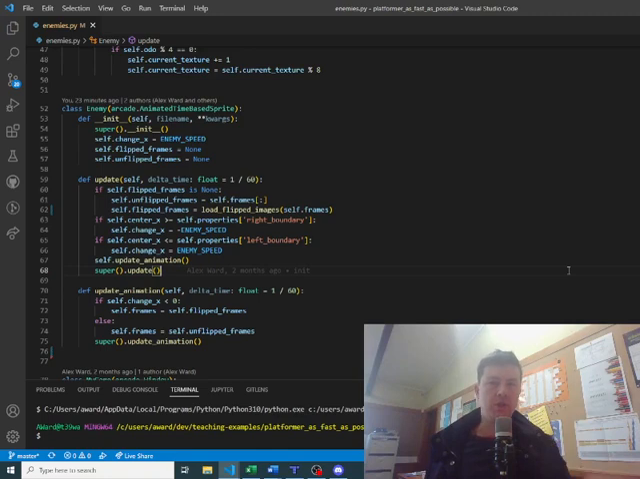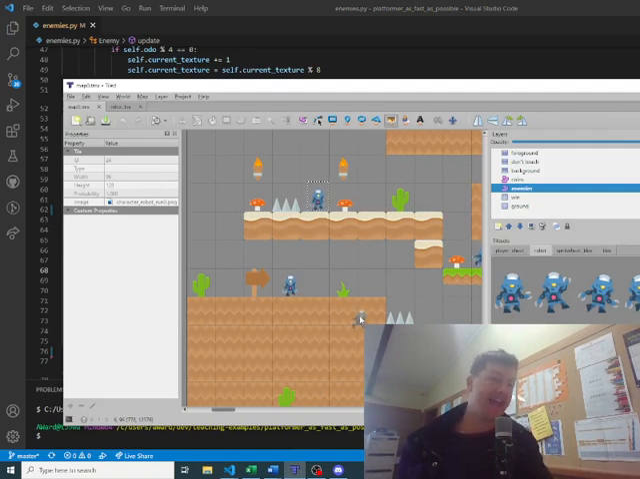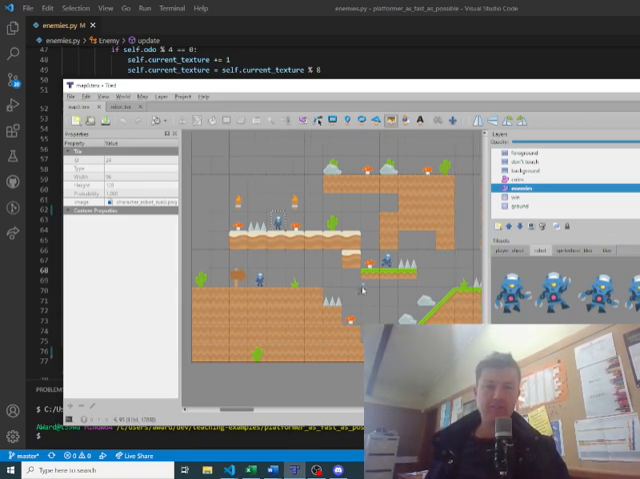What I want to do is use the Tiled map editor to add in animated sprites. It's something that it can do, and I want to see if we can get that to work today. What you'll see here is I've got my map, and on my map I have these enemies, and these enemies